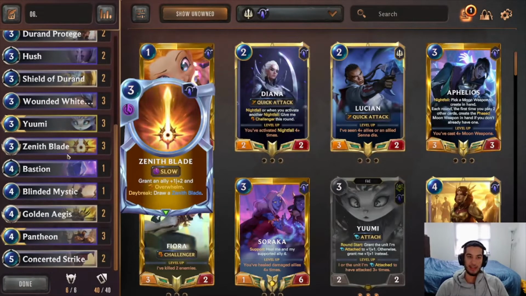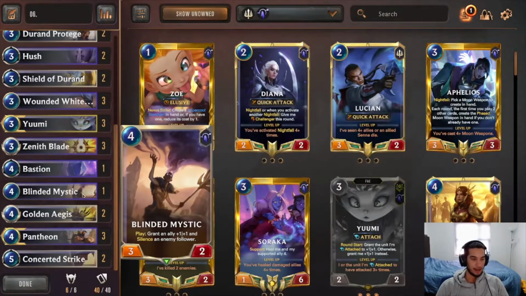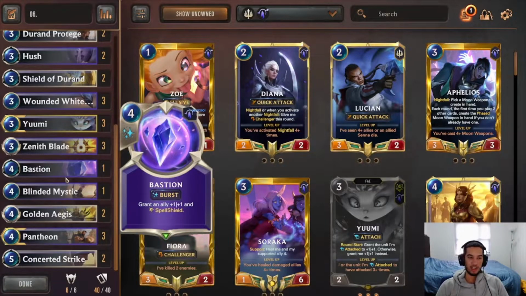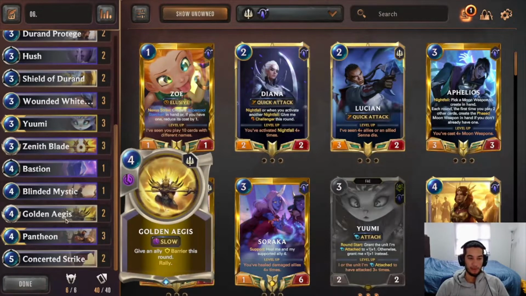So Synod Blade gives you access to Overwhelm, allowing you to push that lethal damage that the opponent cannot defend against. I do like one Bastion because it's a really good way to protect your Wounded Whiteflame or your Pantheons against something like Vengeance or even Minimorph if you don't roll the spell shield on the Pantheon. And you still want to play at least 2 Rally because it's a great way to beat the control matchups,